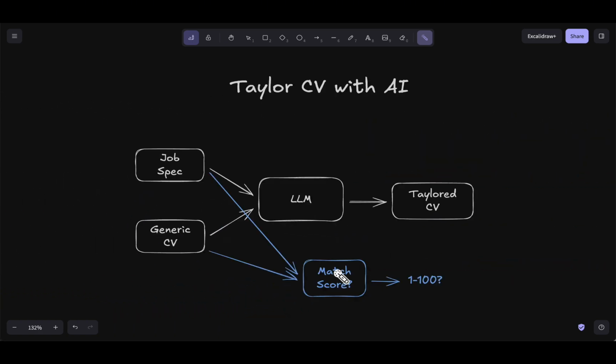spec. So in this video, let's look into how we can take a job spec from a job site and we can have our generic CV and we will feed them both to an LLM. In this particular example, we are going to be using OpenAI's ecosystem, and so we'll be using GPT-5 for our LLM, and we'll be using it to come up with a tailored CV based on the keywords that are there